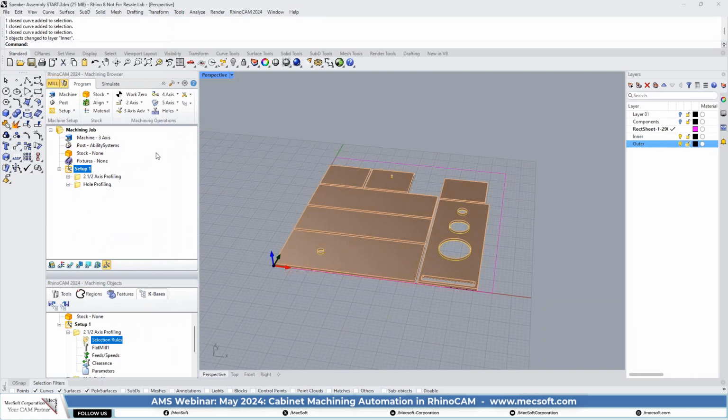There we go. So we just loaded our knowledge base that we created. The geometry is automatically selected based on what the layers were named. So it grabbed it automatically. And just as a quick recap here,